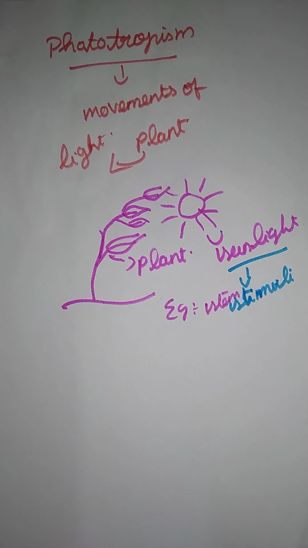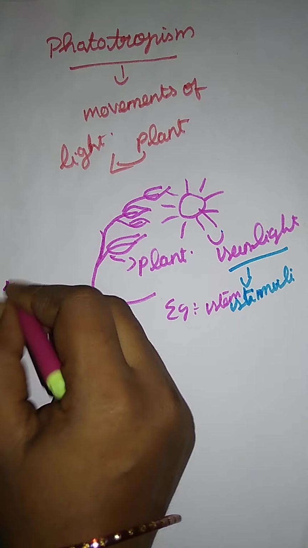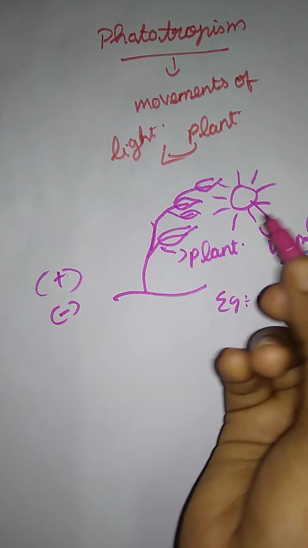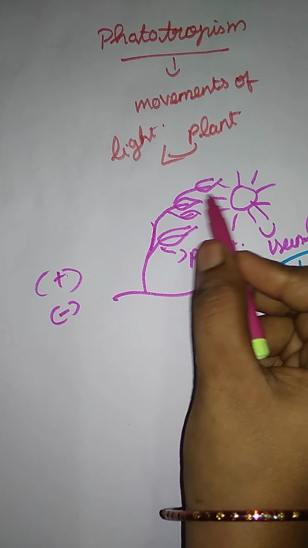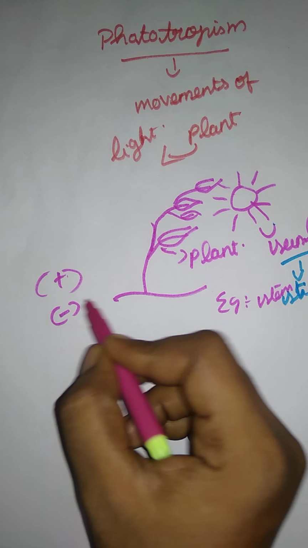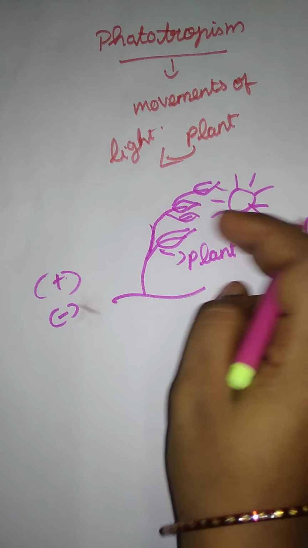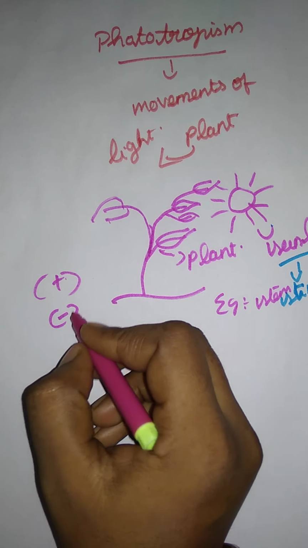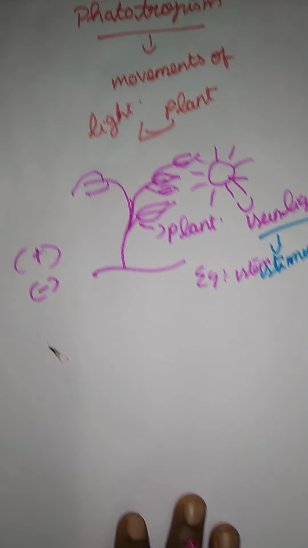Here they have positive and negative geotrophism also. A positive geotrophism and negative geotrophism. What is geo, in photo? Okay, what is a positive phototrophism? When the plant body grows in the direction of the stimuli, that is positive. And negative is just opposite to the stimuli. Here if there is sunlight and they are growing in another, opposite direction, that is a negative phototrophism. Okay, so that's it for phototrophism.